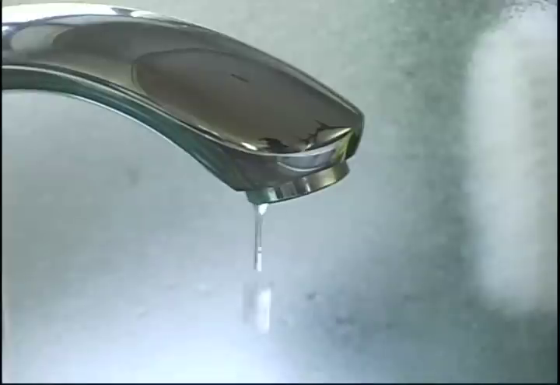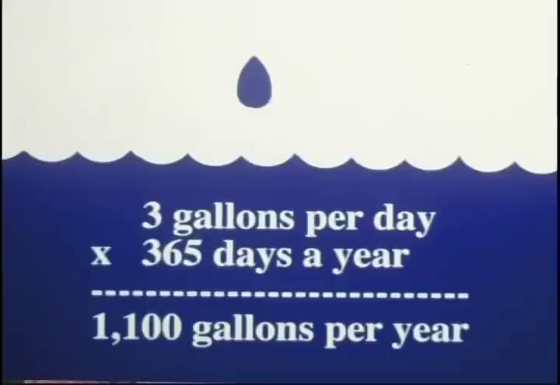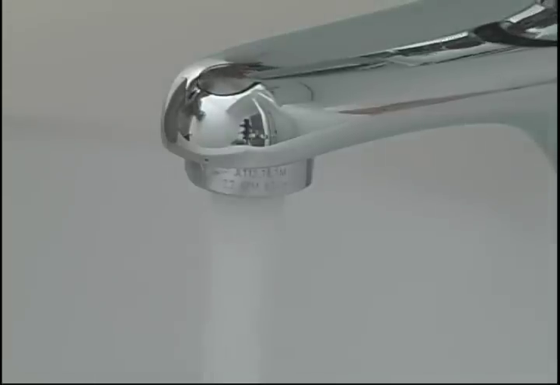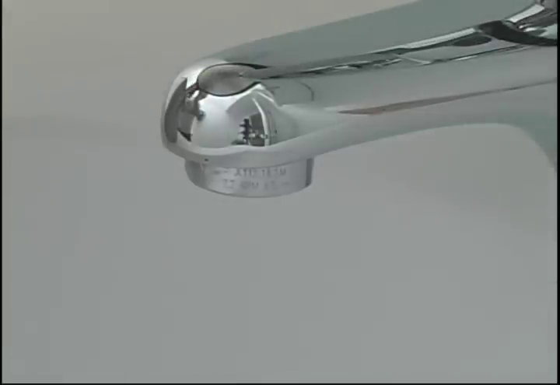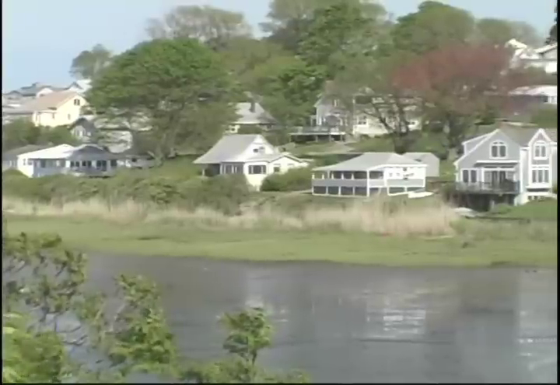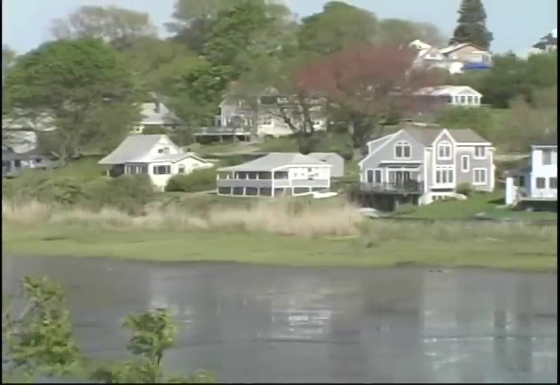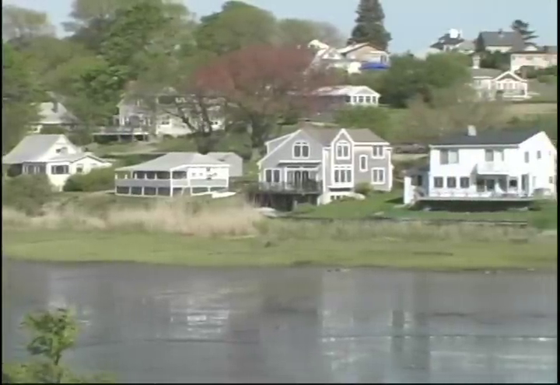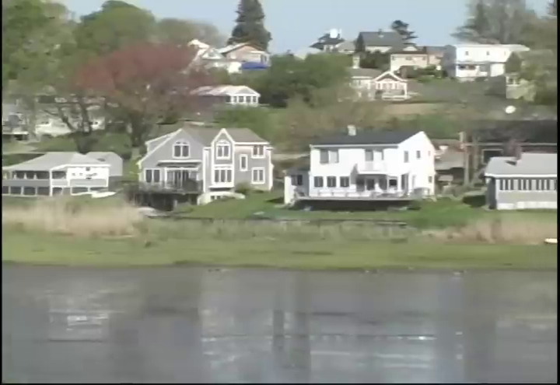Replacing older shower heads and older faucets with more efficient modern shower heads and faucets. And just some simple things like fixing a leak. Something like a small drip may not seem like a lot, but you have to remember a dripping faucet is dripping all the time, and it can actually result in a great deal of water use over the course of a day. If we all make it our responsibility to protect the Ipswich River, the major source of drinking water on the North Shore, large-scale improvements are not just possible, but are instead likely to occur.